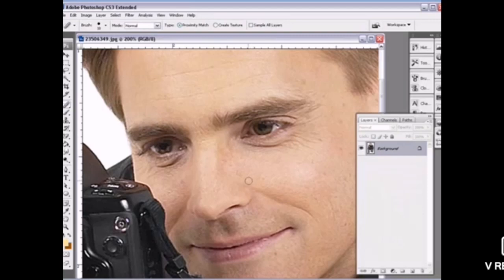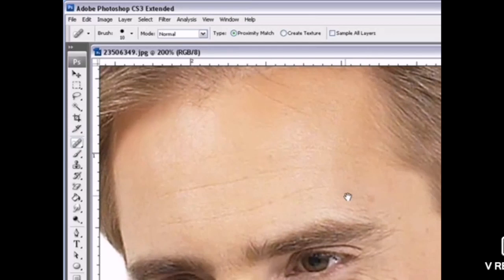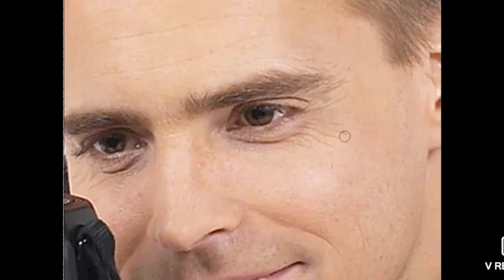So now let us select the spot healing. Now where I want to heal, see there, this is my black spot, I don't want. So what I'll do, I'll click and drag over the spot. Now as we know that brush tool can be maximized or minimized. I'll just put my brush over there with the help of a mouse and I just click on this. See here, I don't want these things, so I'll just click it. Here are so many spots. So by just clicking on those spots, I can remove the spots. Suppose see here, this wrinkle line I don't want. So what I'll do, I'll just click on that.